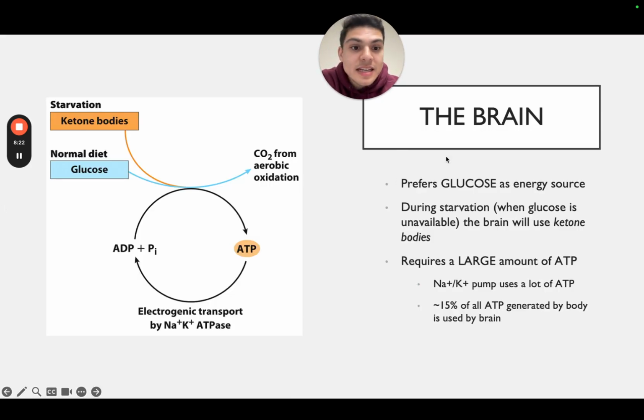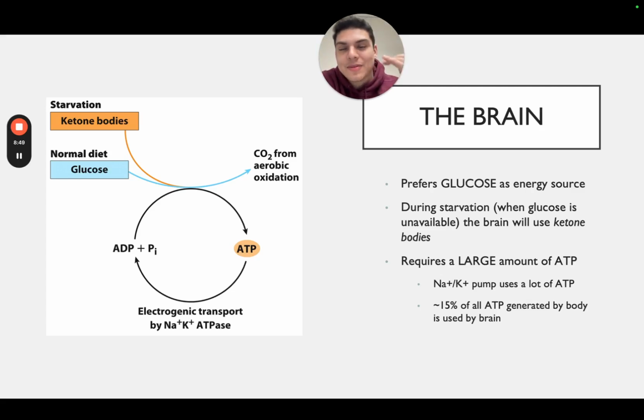So then the next one is the brain, and we know the brain prefers glucose first. It's going to be the last organ to use glucose when we're starving, and during starvation, when glucose is completely gone, the brain will then use ketone bodies, and it requires a large amount of ATP to keep running your brain. And so the sodium-potassium pump uses a lot of ATP to maintain those different concentration gradients,